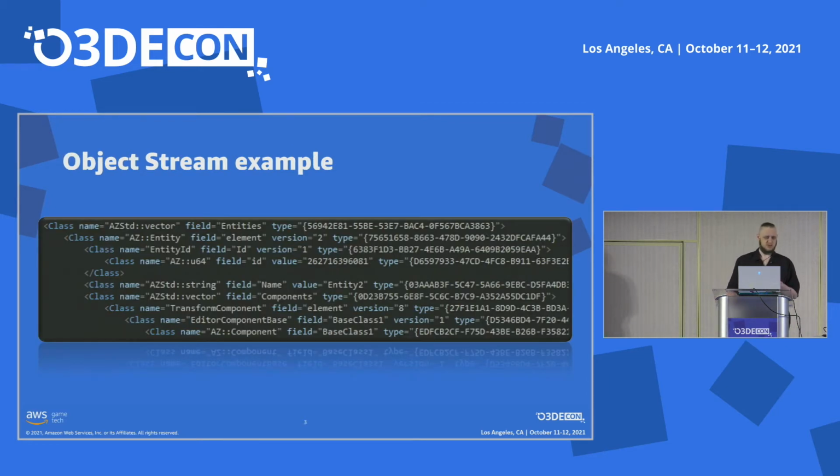To illustrate these problems, here's an example of Object Stream. This is the XML version, and what probably stands out most are these weird type IDs. Now imagine you're a content creator having to remember these exact types. Or these fields here, because these fields can have specific meaning, specific locations, or specific names that you have to remember. And to make it a little more difficult, you also have to remember these for different versions, because every field and every line here can have a different version, a different combination of fields, etc.